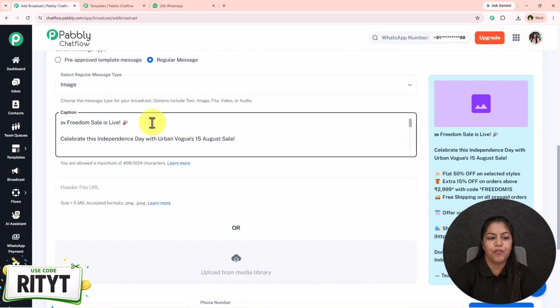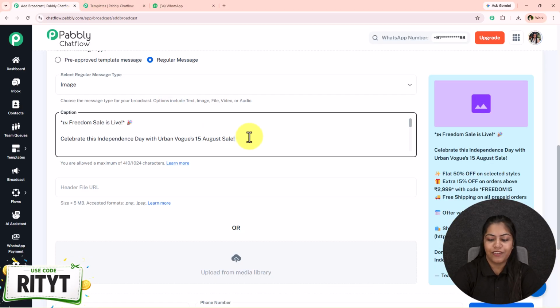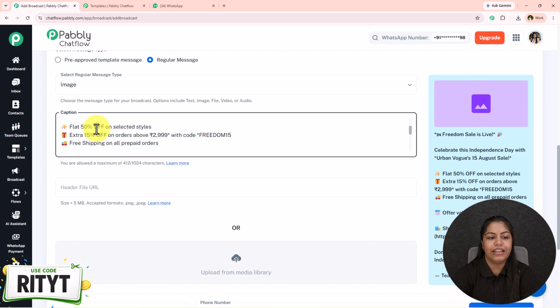In this message, if I want to bold some text, I can simply bold the text right over here. How? I just have to add stars in the starting and in the end of the text which I want to bold. So one by one, I'm just going to bold all the text right over here. As you can see, these are the text which I want to bold. So one by one, let me just bold all of these text. You can also do the formatting,